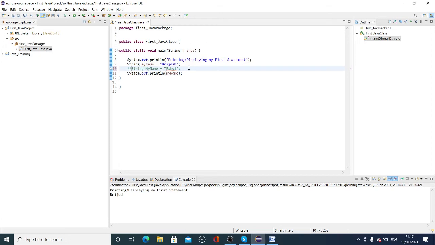Why we need to use comments? Sometimes for the description, I want to explain something. Yes, that will be a non-executable statement. So I will say this statement will print, display the string variable my name. Yes, so if you want to comment something and if you want to